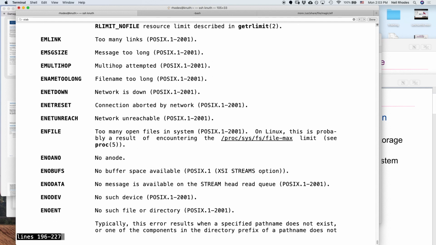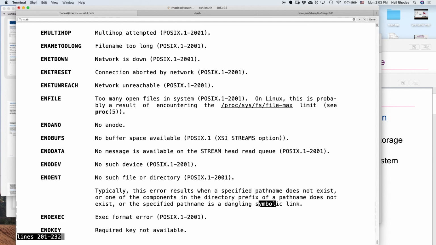Okay, so ENOENT, no such file, is what you're going to get if either the file's not there, or you have a symbolic link and the thing it's pointing to is not there. Can you have a symbolic link that points to a symbolic link that points to a symbolic link? Yes, you can. However,